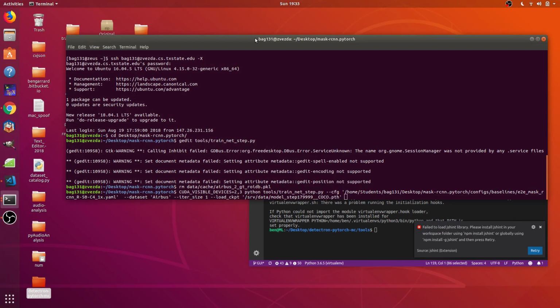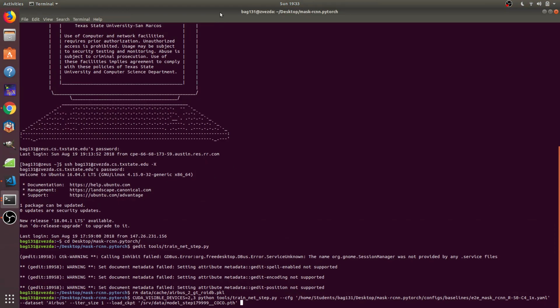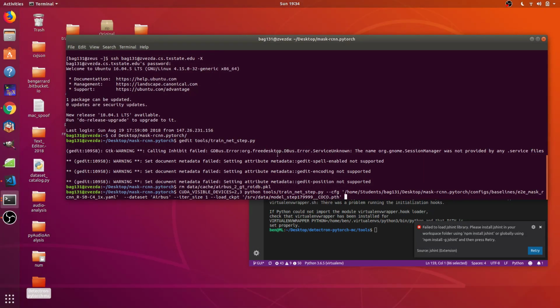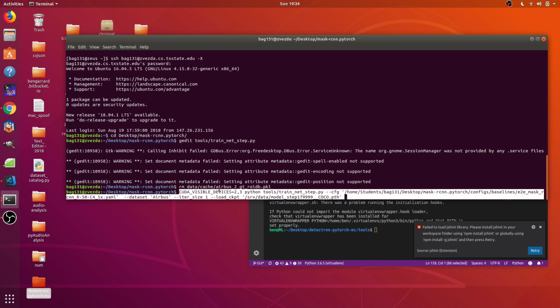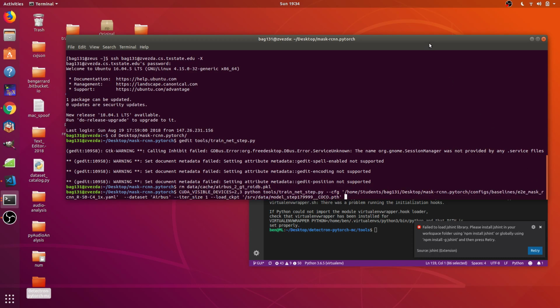So right here, I'm on a server that I like to use. I should probably redo this. I've already SSH'd into it. And you'll see in my command line arguments, I'm setting CUDA_VISIBLE_DEVICES to 2 and 3. This is not part of the PyTorch Detectron implementation. This is something you do with CUDA. And this is what I'm saying: I only want to use GPUs 3 and 4 because there's a GPU on 0. And I'm calling the Python script tools trainnet, that's trainnetstep.py, and I'm saying this config file is right here,